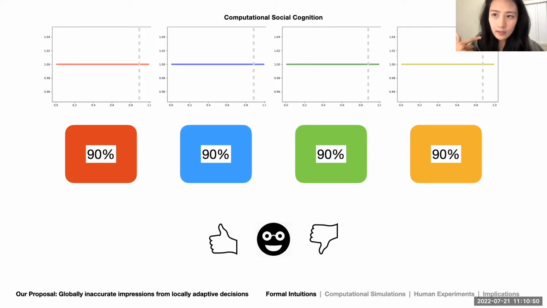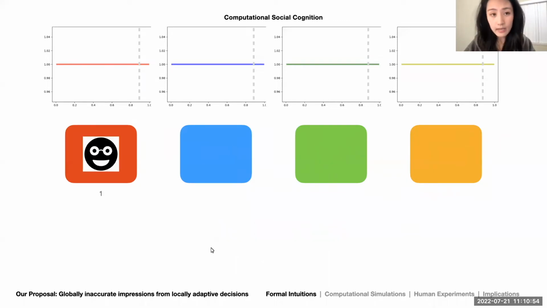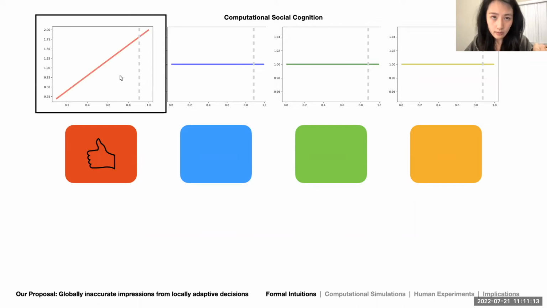Now, let's make it a little bit more concrete here. I don't really have any preference for now because I know nothing about these groups. I just want to randomly start with red. I will ask a favor from a person from the red group. Can you help me? And it turns out, yes, I got a thumbs up. Awesome. I'm going to update my impression here. It's getting closer to the more warm end of this diagonal.